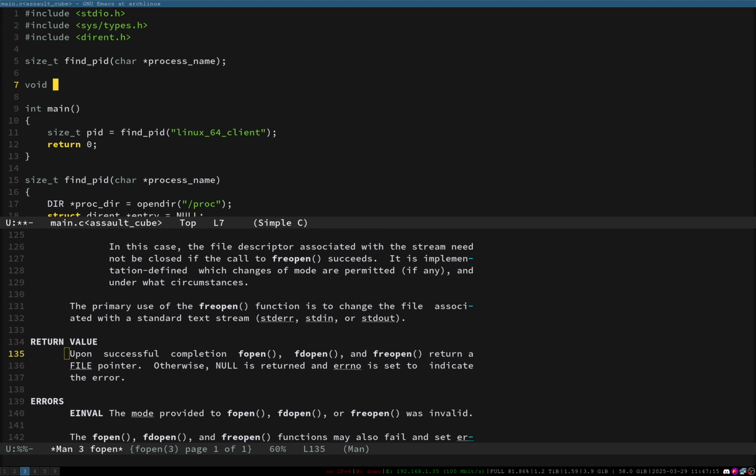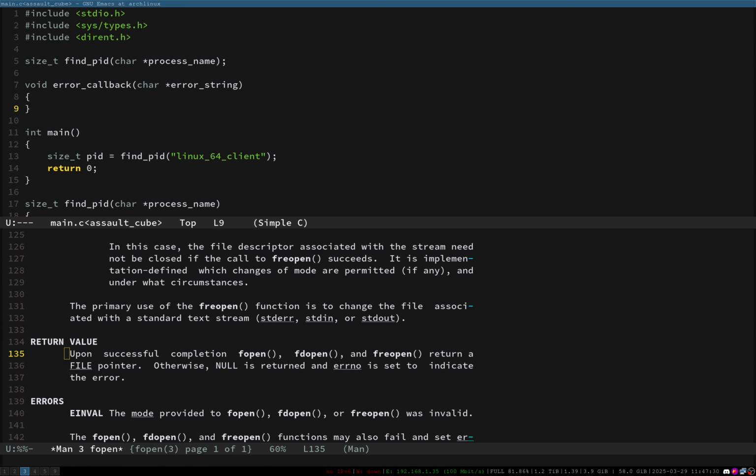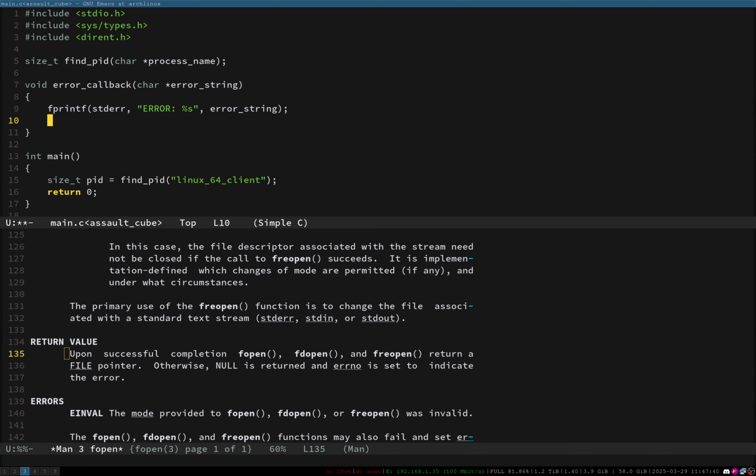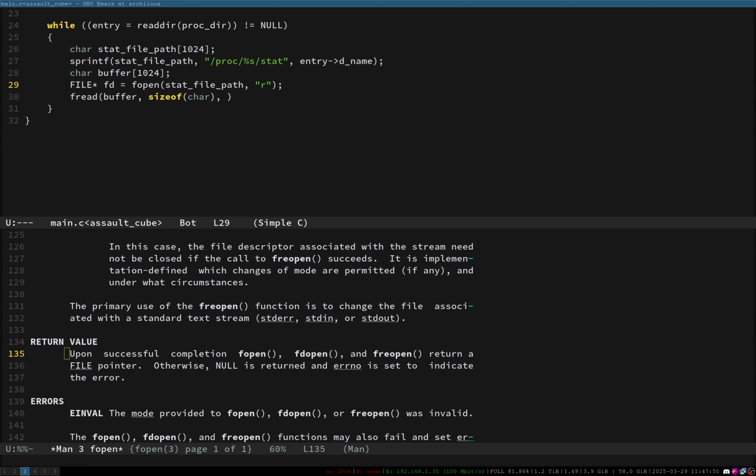Void error_callback, and we'll just take a char pointer error_string, and we'll just fprintf to stderr, and then we'll just do "error %s", and we'll just do exit, and we'll exit with EXIT_FAILURE. Alright, we'll just do that, and then we'll just do if not fd, so if it's null,